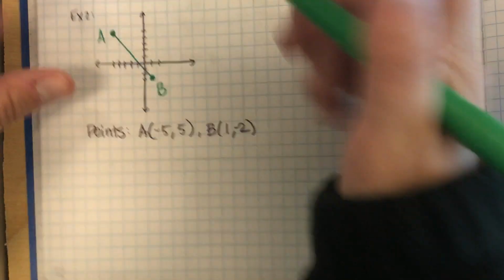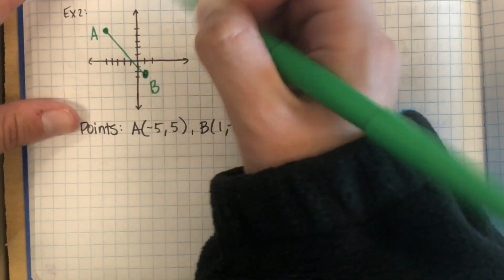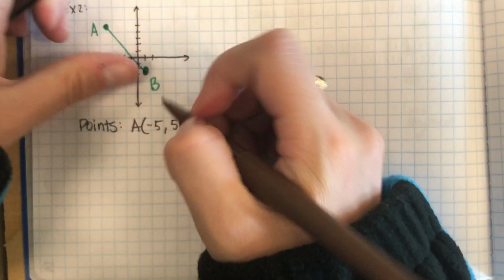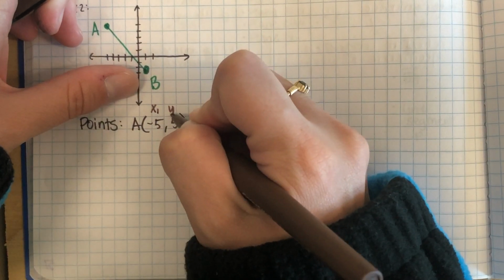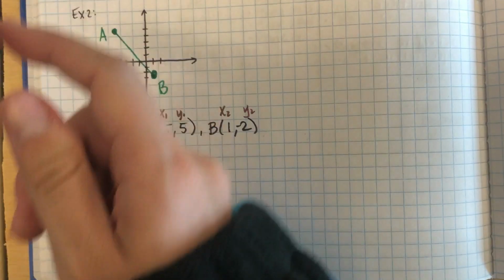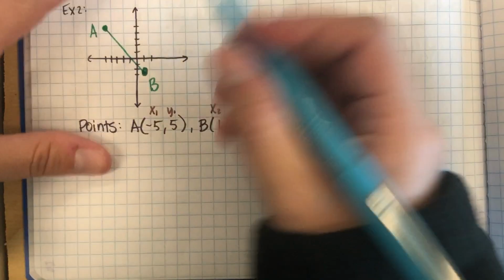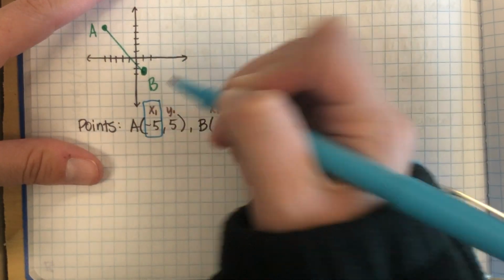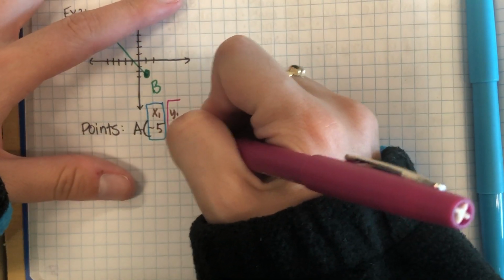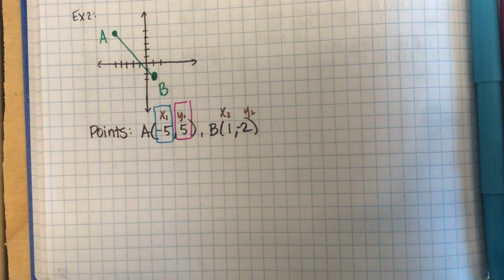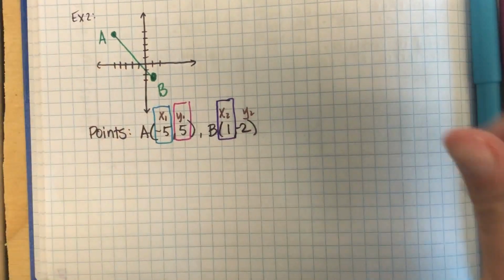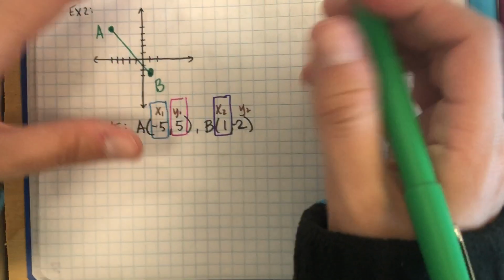So let me fix my dot so it actually looks like it's there. And then if we would like to, we can label these x sub 1, y sub 1, x sub 2, y sub 2. And then if you like the colors, you can pay attention to the colors. Again, it is not necessary, however. All that we're showing here are like x sub 2 is equal to 1 and